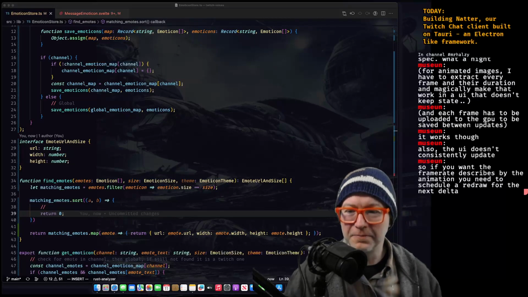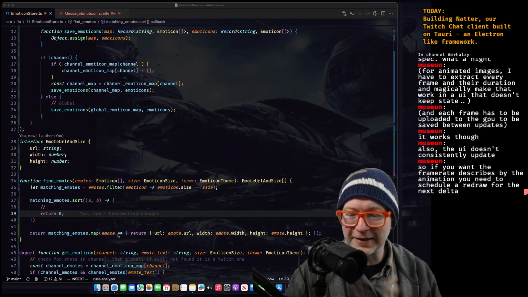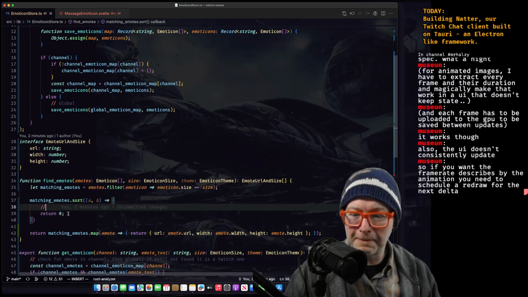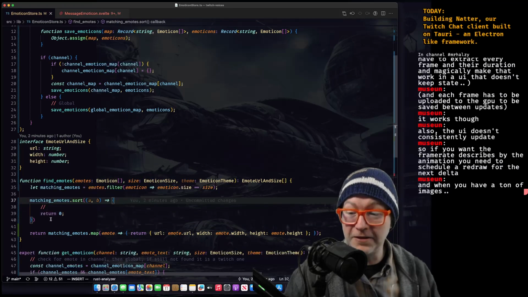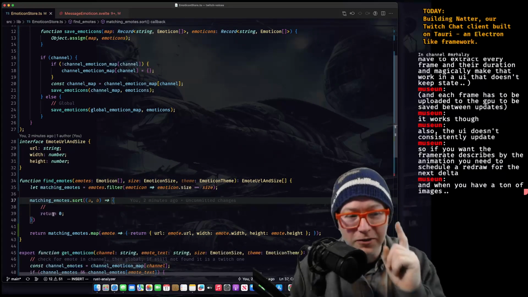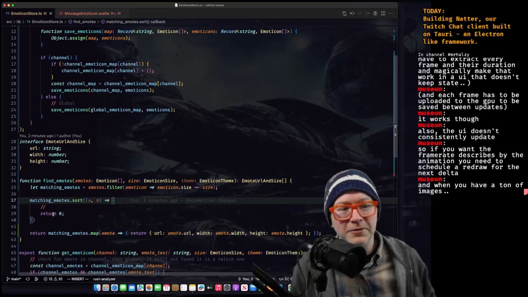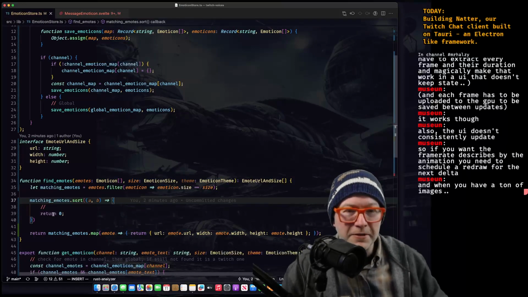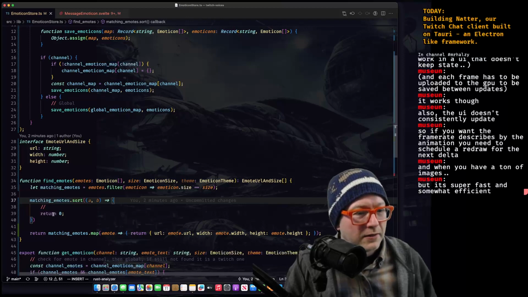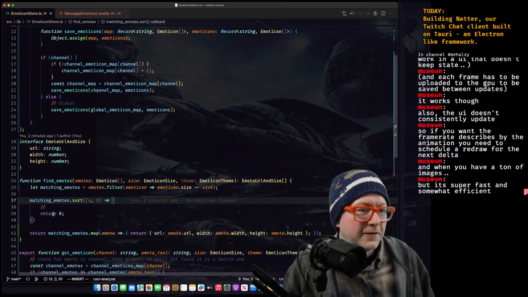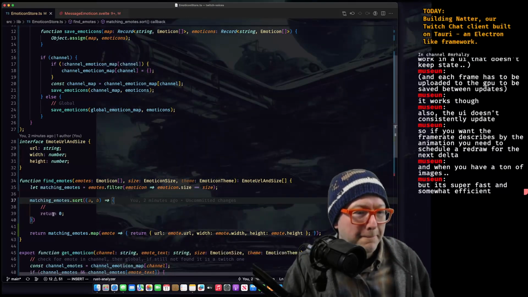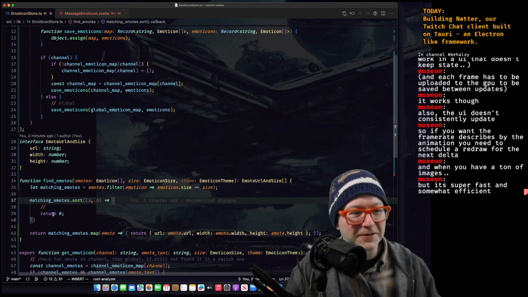It's funny how we keep doing the same thing over and over again. In the future, there will be just one programming language, and it will be used everywhere, and all our problems will have been solved. And it's super fast and somewhat efficient. That's cool.